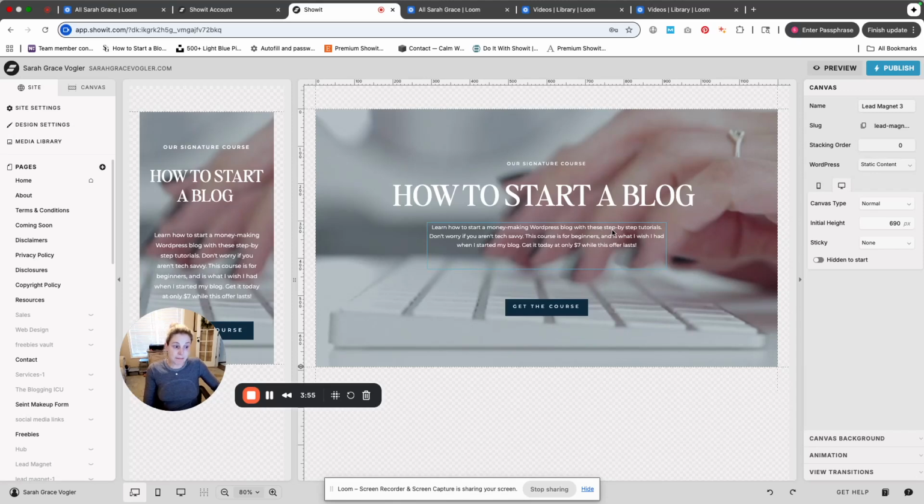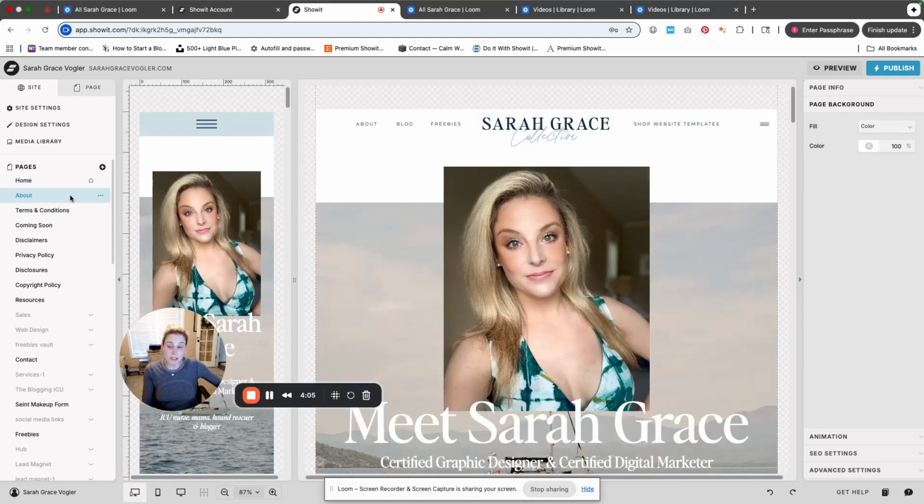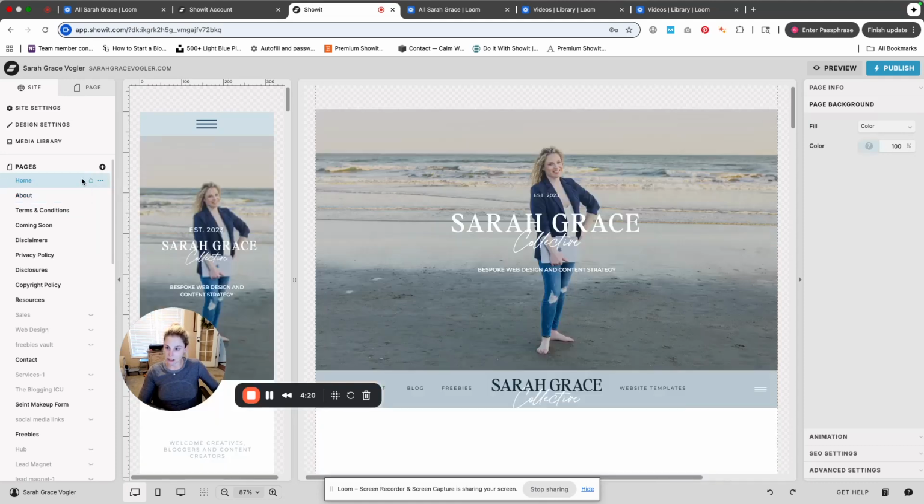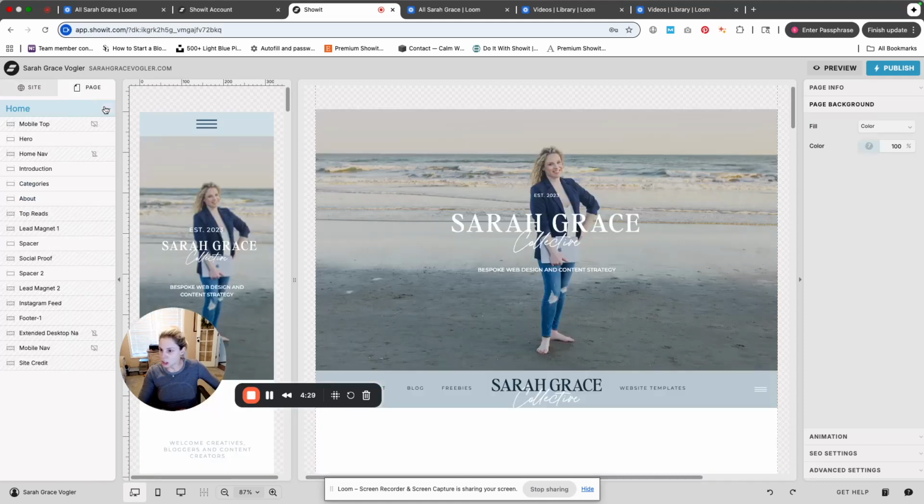Now, design settings. Any page can be duplicated and renamed and used as a different page. So if you like the format of the About page and want to use it as a different page, you can duplicate that right here and rename it and use it as a different page. You can set any page to be your home page. So you would just click right. To set it as your home page,